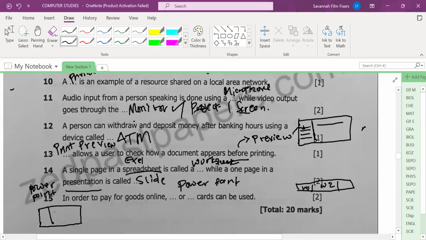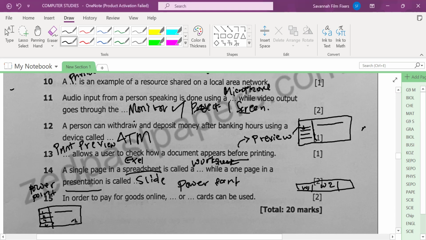There'll be a window here where I have my main presentation, and on this side it will give you the number of slides. So slide 1, slide 2, slide 3, slide 4, it will continue. If I click here, it's going to go to slide number 1. So one slide is simply called a slide in Microsoft PowerPoint. But if I open a spreadsheet and it's just a single page, that's just one worksheet. So don't get confused with the way they've